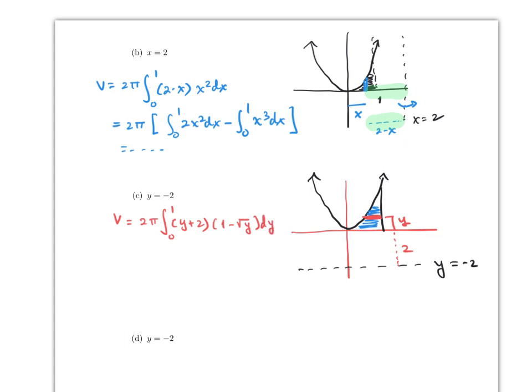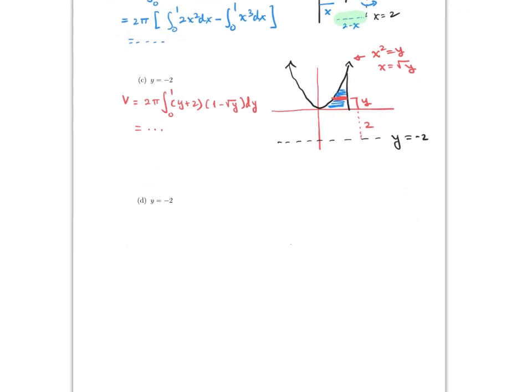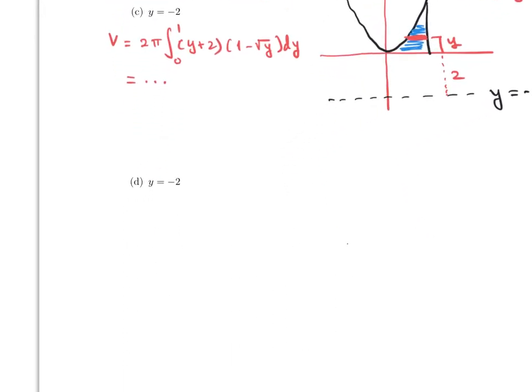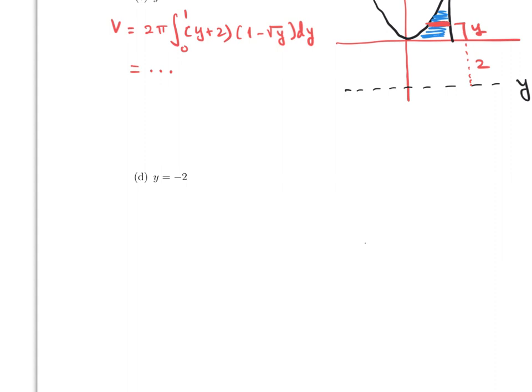Well, how do we get that? So this is the biggest function, which is 1, and this is x squared. But if x squared is equal to y, that means that x equals the square root of y. So that's where the square root of y came from. And then, again, to integrate this is pretty straightforward. You have to distribute and then integrate. And then the last part, the main difference is now